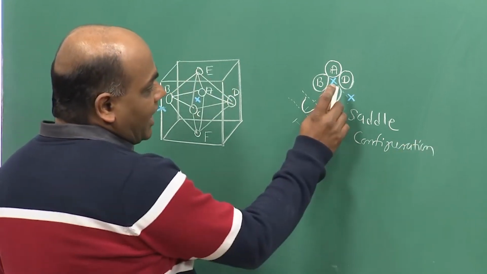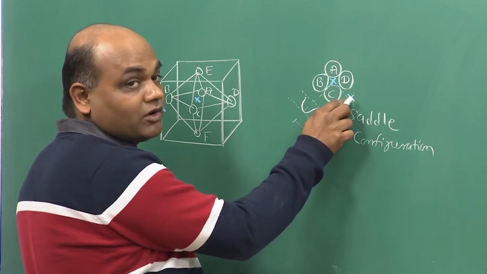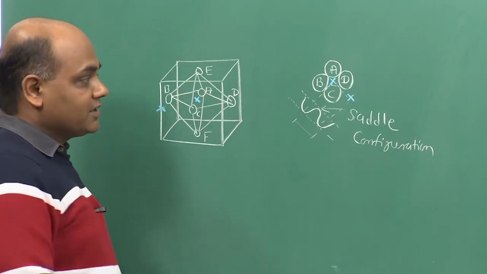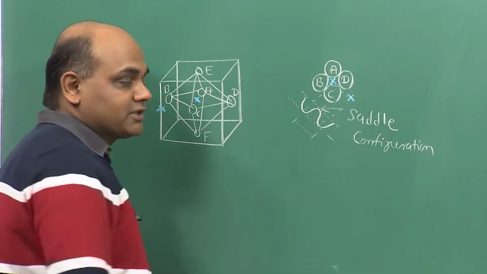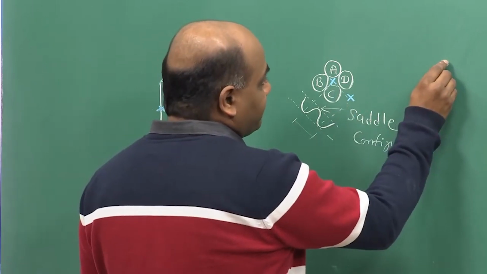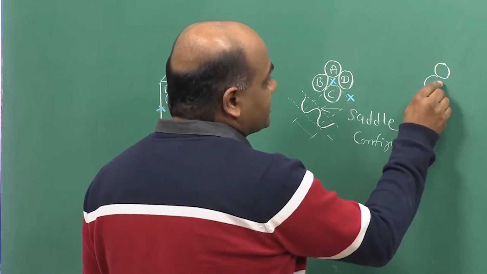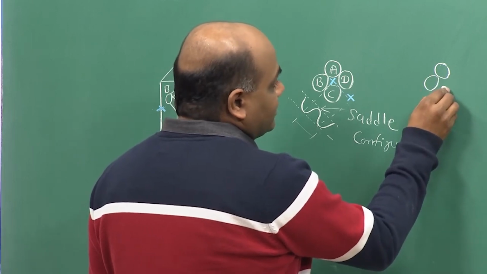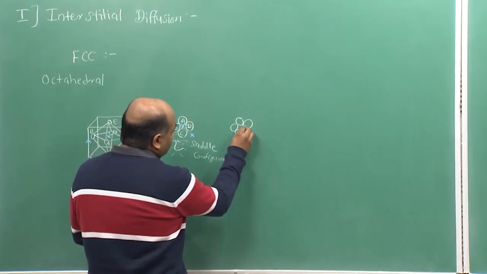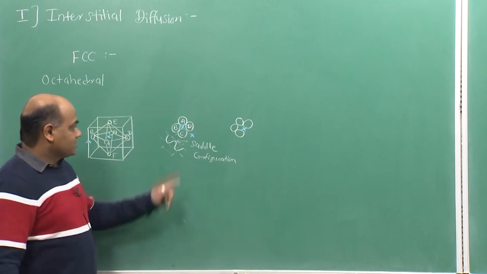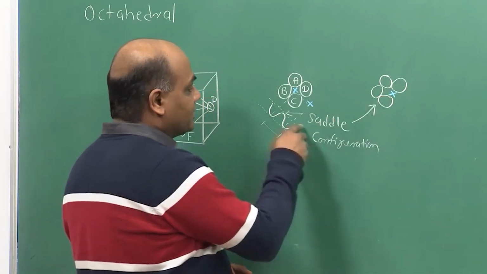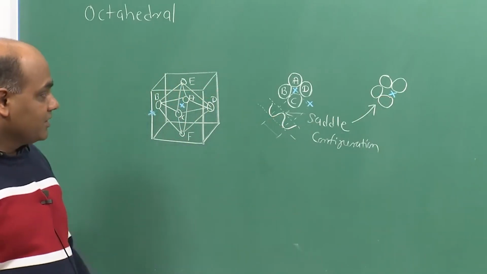Now, you can imagine as the atom is moving from this one side into the other, these two atoms C and D have to be pulled apart, so that there is enough space for this interstitial atom to pass through, and that is the saddle configuration. So, on its way to the next interstitial site, if we draw this configuration, it will be something like this, and the X atom is exactly between the two positions C and D. So, this is the saddle configuration or the configuration corresponding to maximum in the energy,